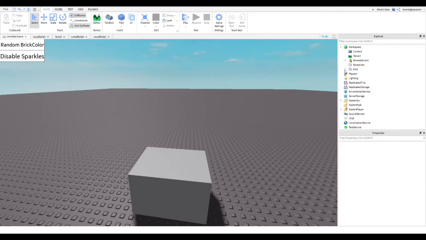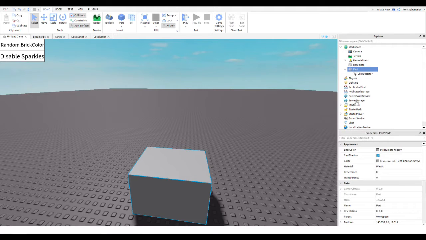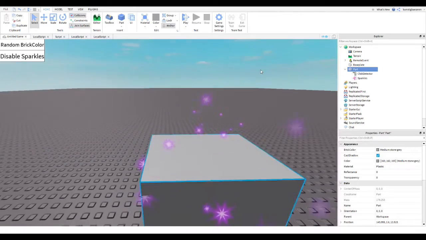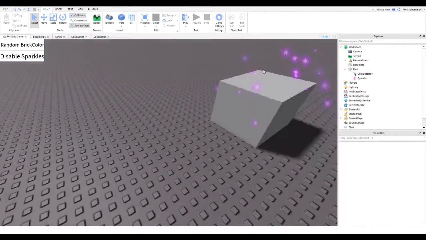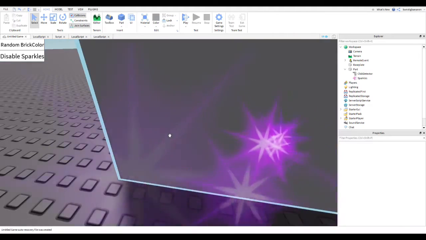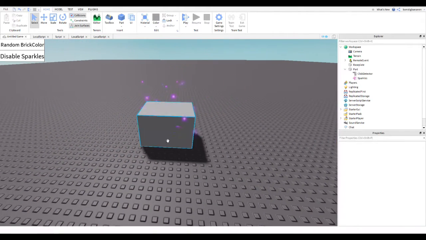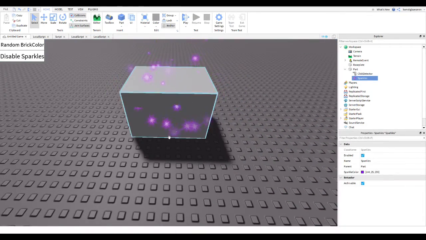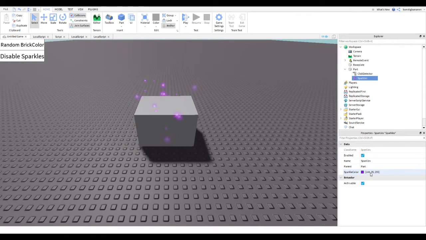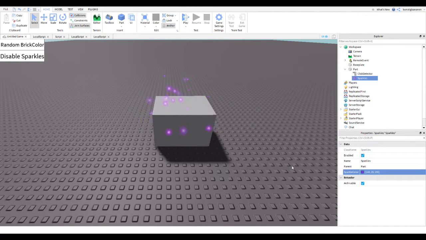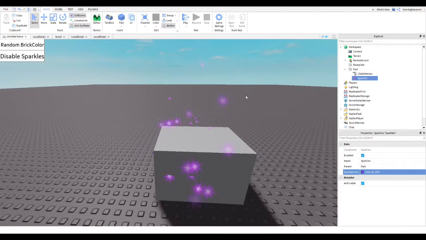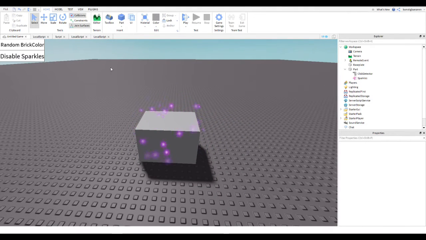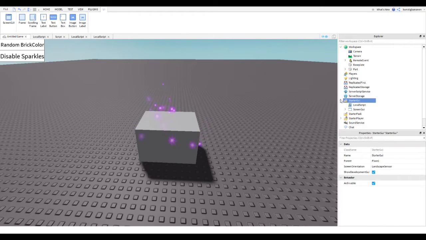here, you can insert a sparkle or sparkles, so it's sparkling, and you can change the color if you want, but I will have mine like this. Because it's purple, maybe you want the brick purple, so this is the sparkle color. I don't know the name now, but you can have one more button that says that it will be